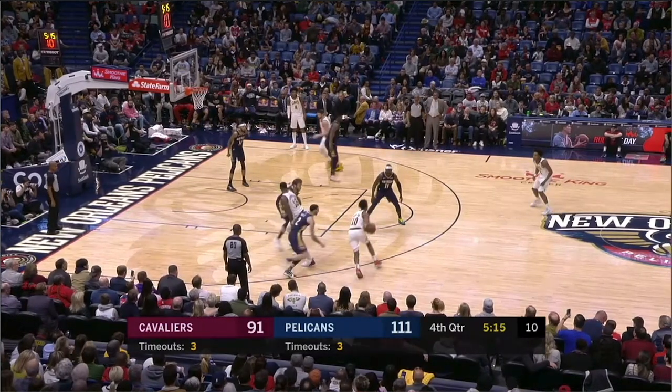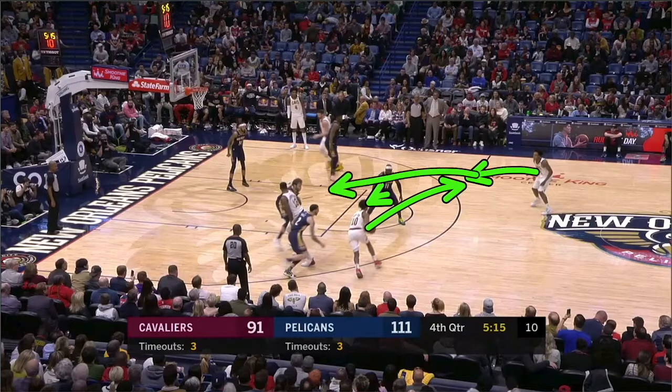Okay, look at Jrue Holiday. Look at this player for Cleveland. Look how far beyond the three-point line he is. Get up to the three-point line right here. Jrue Holiday is going to be stepping up in the gaps defensively right here, okay? If he's in position to attack, now when we swing the ball to you here, you're just getting it and going right into the lane, okay? And now you're drawing help.